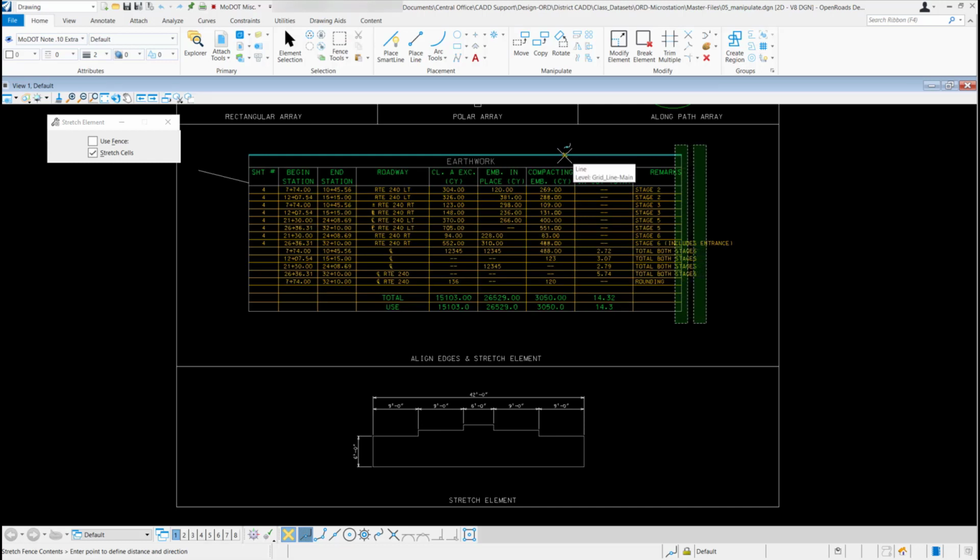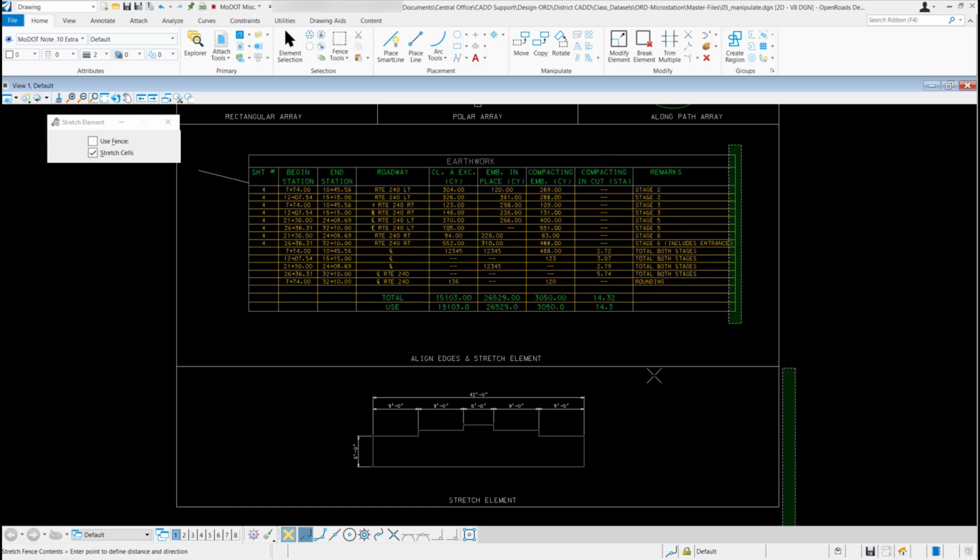You can see as I'm snapping to this horizontal top line, it's kind of moving it in the horizontal axis I want, and it's staying horizontal. So now once I get it dragged out as far as I want, I'm just going to left click to drop it off, and I have my stretch. If that's what I want, I'm going to right click and reset, and it stretched my elements. But that's what the stretch tool does.